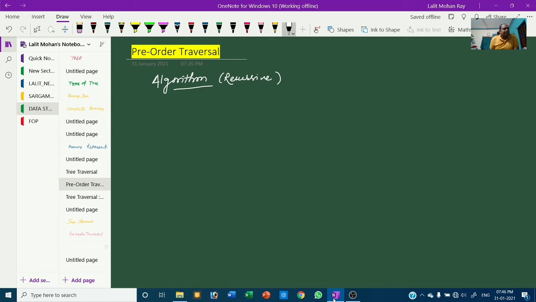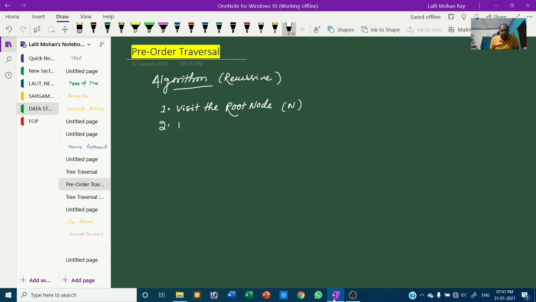There are three main steps. Step number one, you have to visit the root node first, which is represented by N.